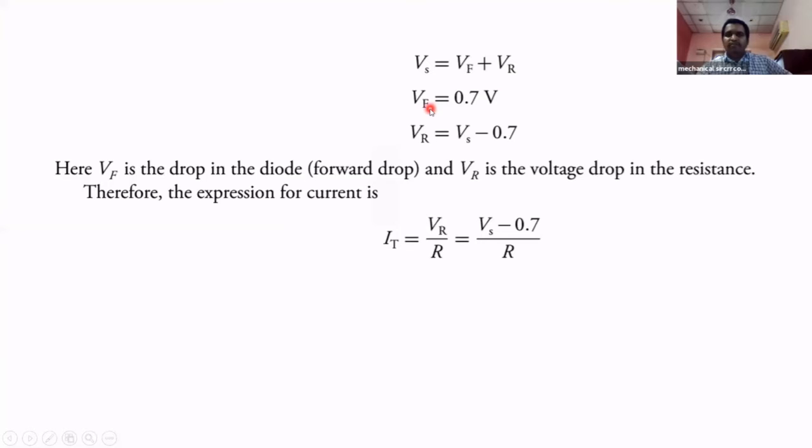What is the knee voltage? 0.7. Now the load voltage is equal to the supplied voltage minus the knee voltage. So the voltage the load demands is the supply voltage minus the barrier voltage. We take the load voltage beyond the knee voltage, because up to the knee voltage the diode has not started working as a conductor. After the knee voltage only, the diode acts as a conductor. That's why the supplied voltage should be the load voltage plus the knee voltage. Here the current is the load voltage divided by the resistance of the load. This is the expression for it.